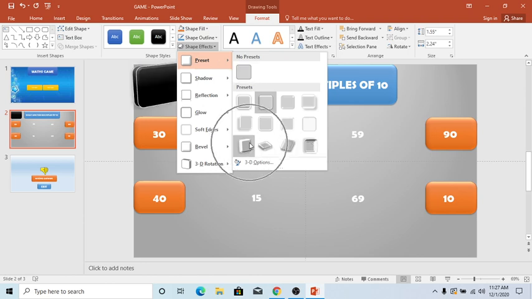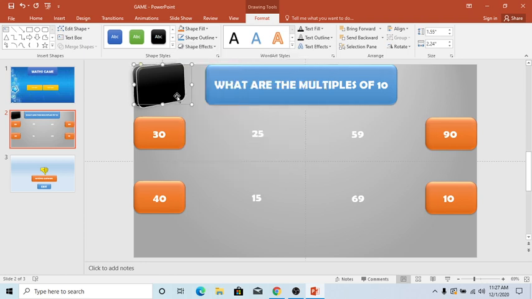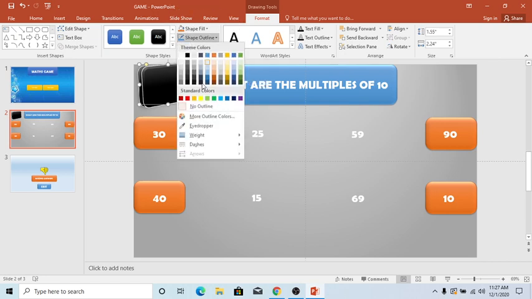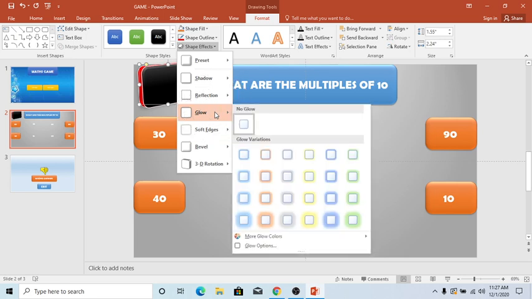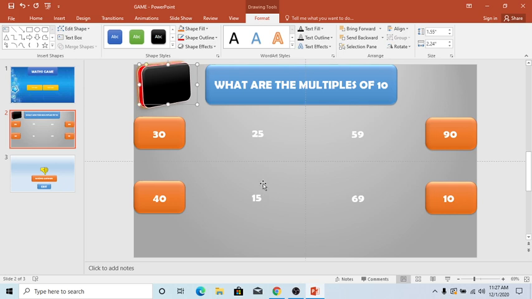Select the option towards the extreme left, so that it is slightly turned. Then we go to Shape Outline and click on a red outline. Under Shape Effects, we go to Glow and select any glow that we want.